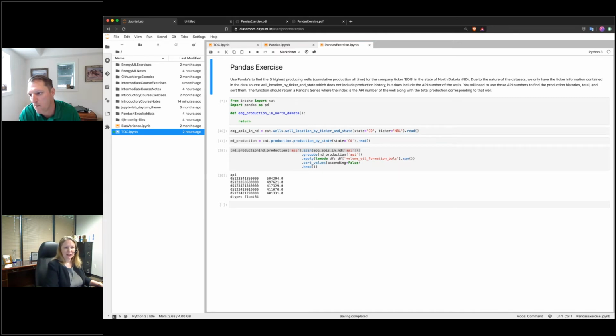Great. We've got several questions. I think we're going to run out of time, but you will be able to answer those later via email. So this is the last question. Can you explain the step in the exercise where you brought the North Dakota production data frame back in front of the isin function?